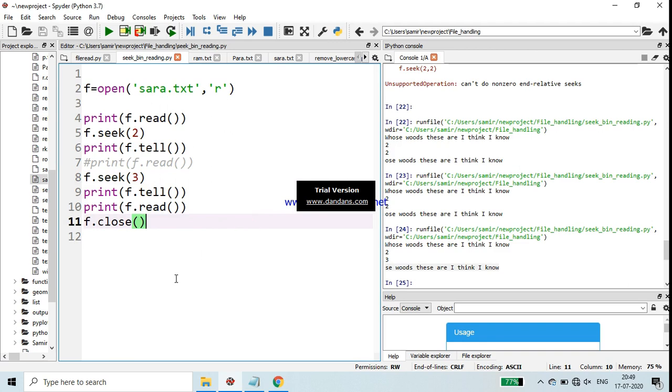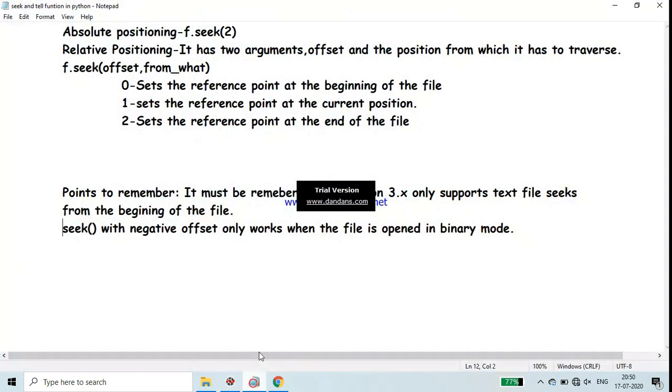So now here you see a very important thing. The seek function works in 2 ways: absolute positioning and relative positioning. Absolute positioning means, as you have seen in this program, it's just fixing the position, like f.seek(2), it will move 2 spaces forward.